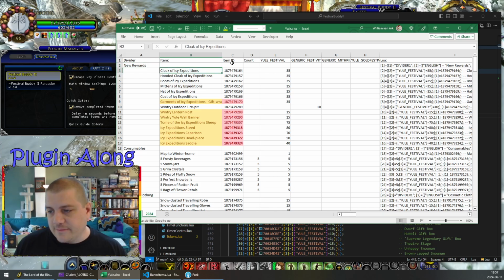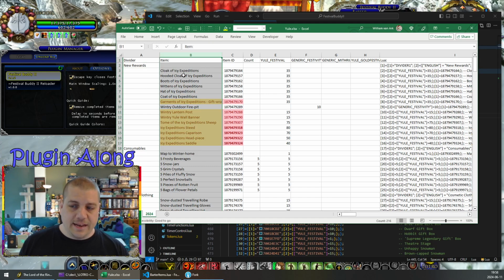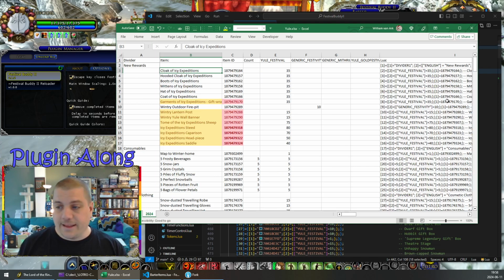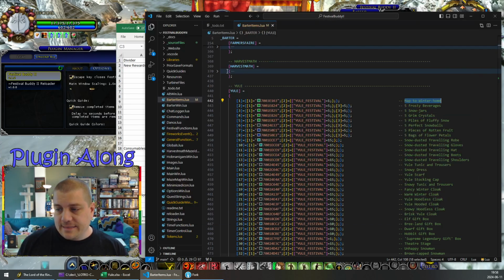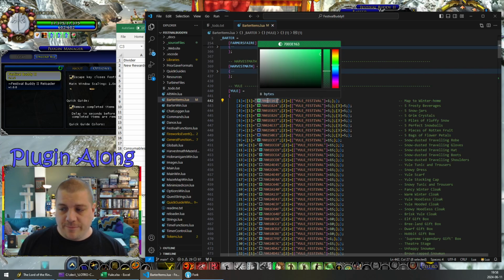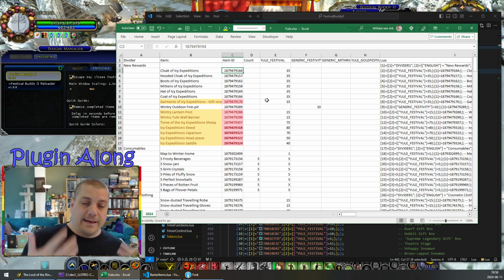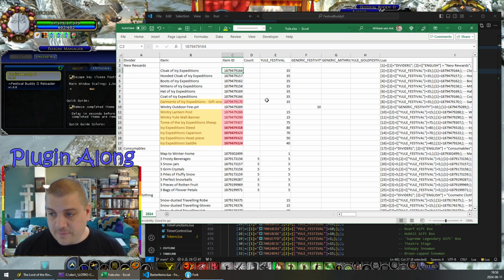And if there's items, then we need to have the name of the item, and this is actually just for readability. This is to put the name of the item in the comment so that we can find it again later. The item ID, this is what's going to be in that first parameter there. It does not matter if this is expressed as a decimal number or a hex number, base 16 number. However,